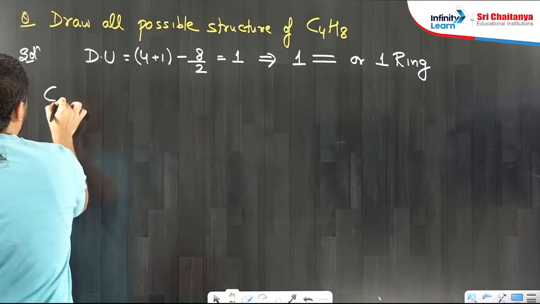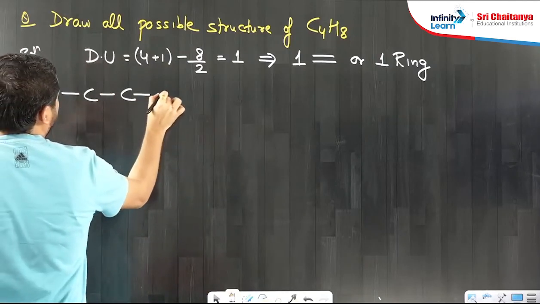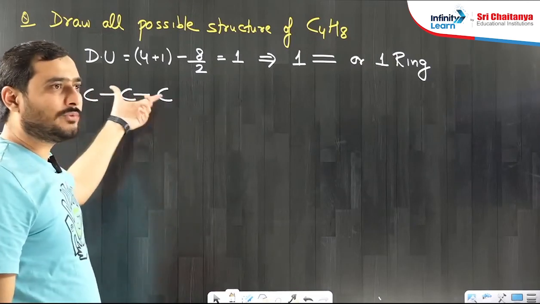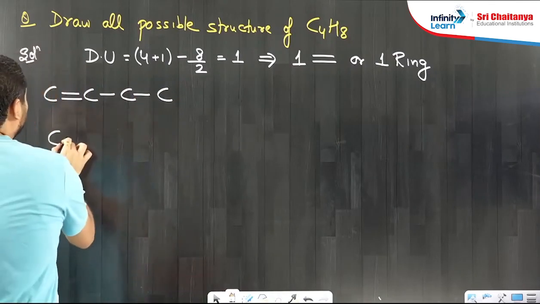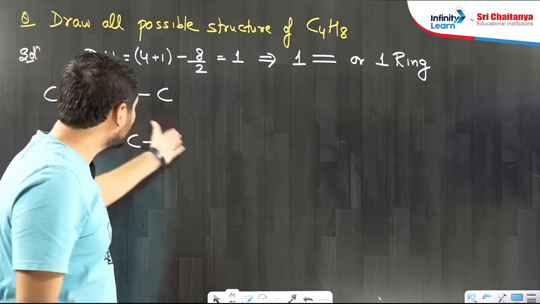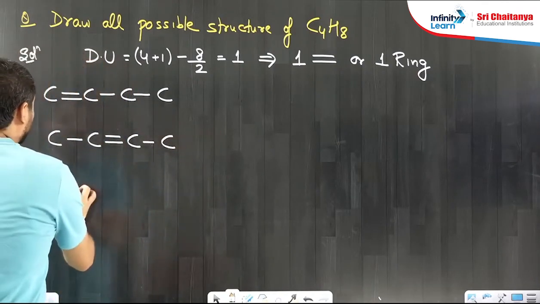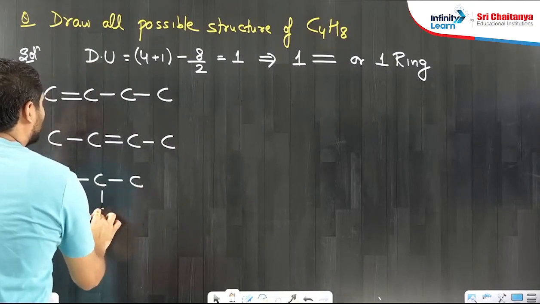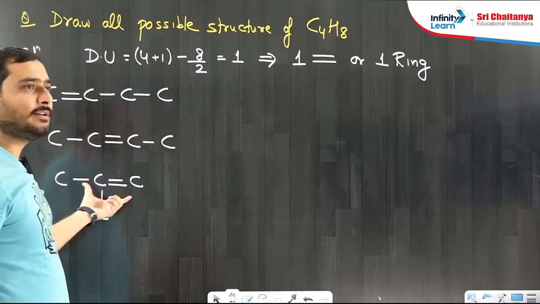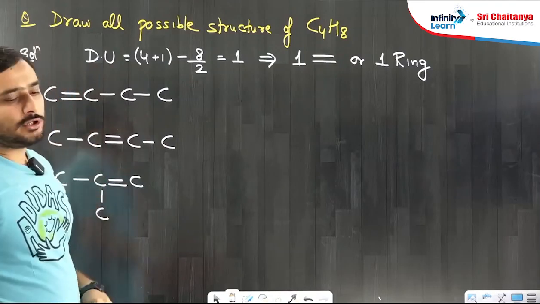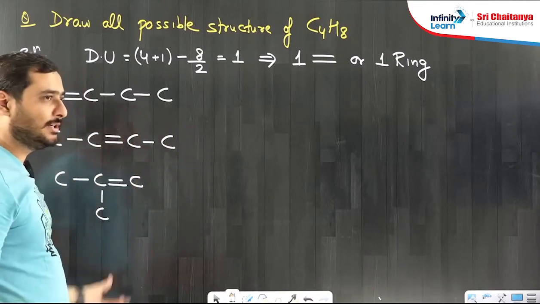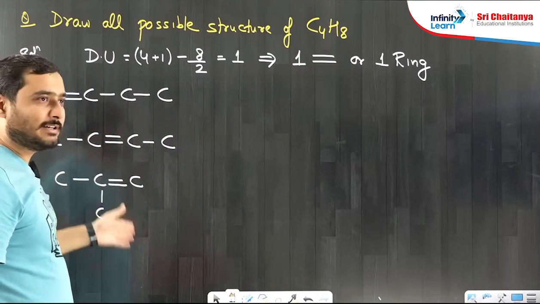So first I am drawing the structure. 4 carbon atoms are present in a straight chain. The double bond is present at which position? First position. What is the name of this compound? But-1-ene. Now it is also possible the double bond is at the second carbon. What is the name of the second compound? But-2-ene. Next possible case is if we take 3 carbon atoms in a straight chain with 1 methyl branch, and at one position a double bond is present. So it is 2-methylpropene. So 3 structures are possible for double bond: 4 carbon atoms in a straight chain with the double bond at the first position, the double bond at the second position, and 3 carbon atoms with a methyl branch and 1 double bond.